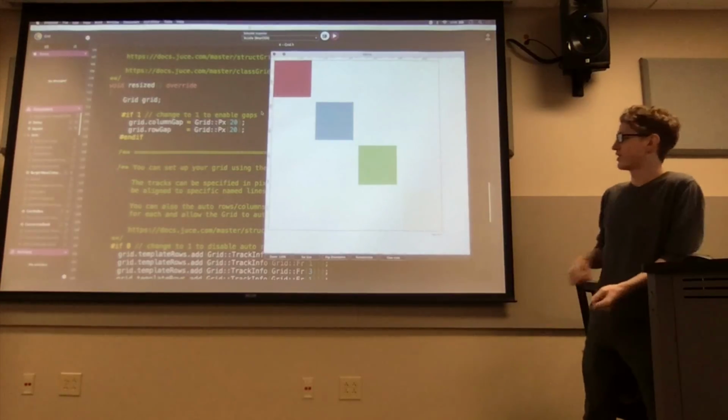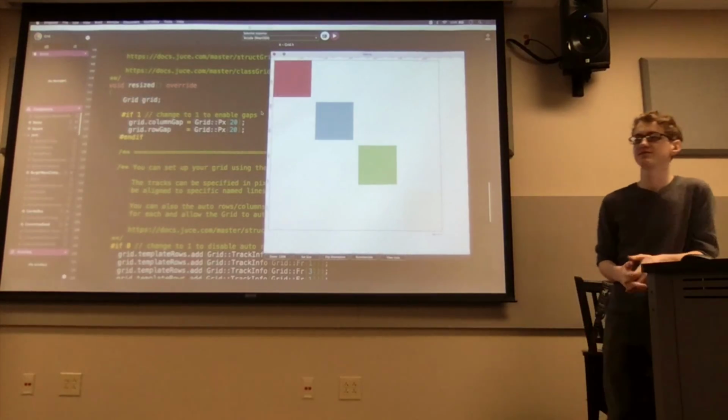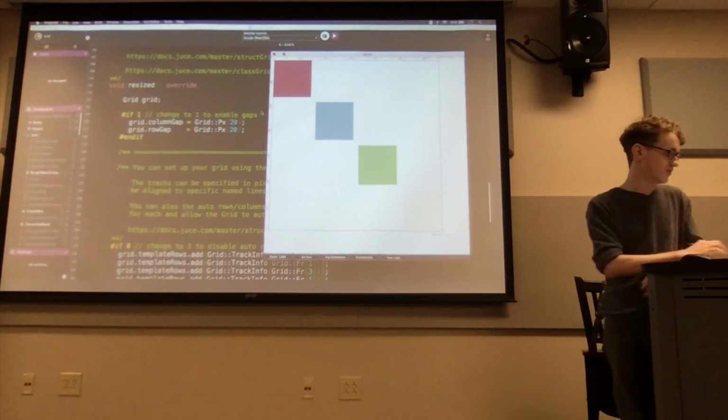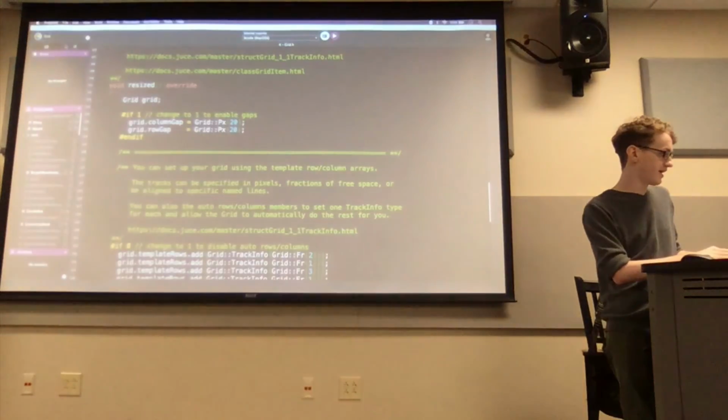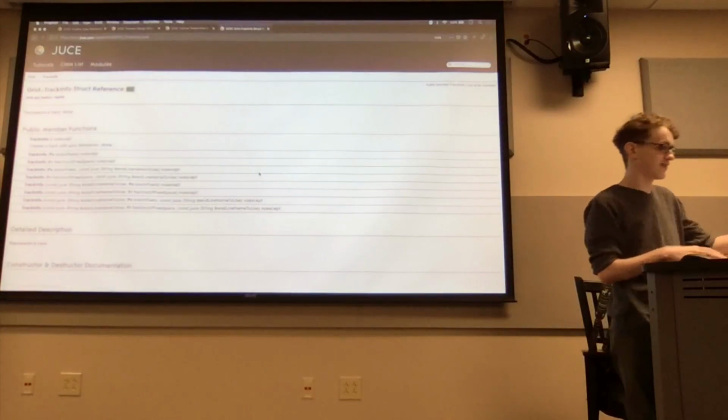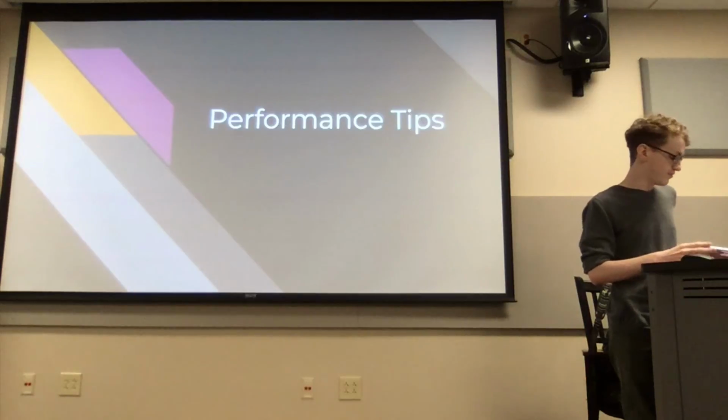Does anyone have any questions about grid layouts? Cool. That is the last example, and the only thing left is I just have a few performance tips and